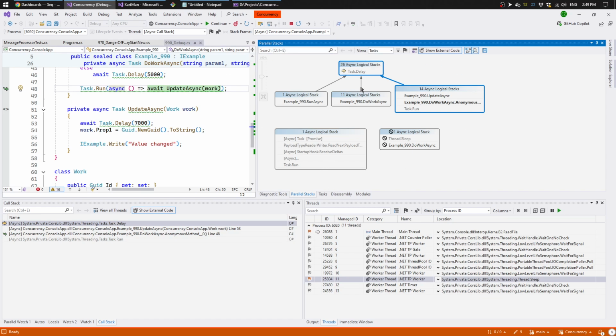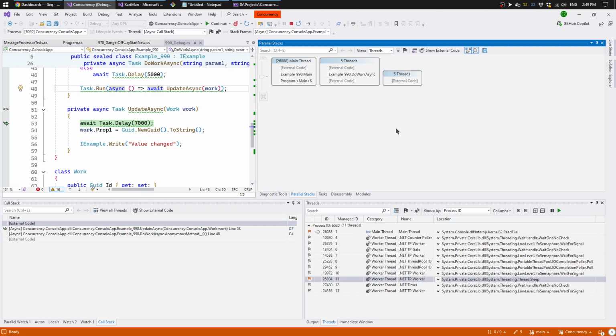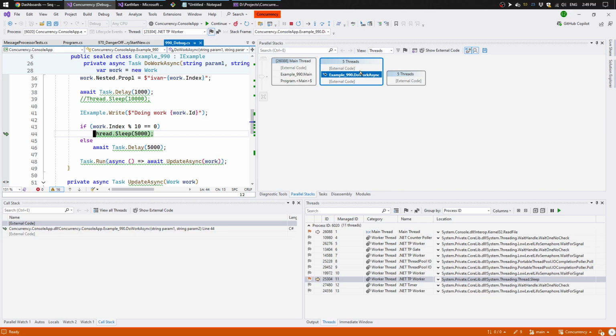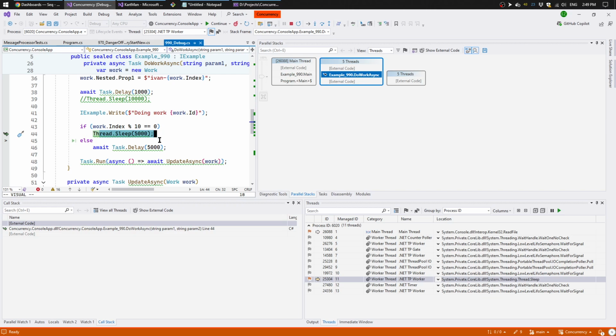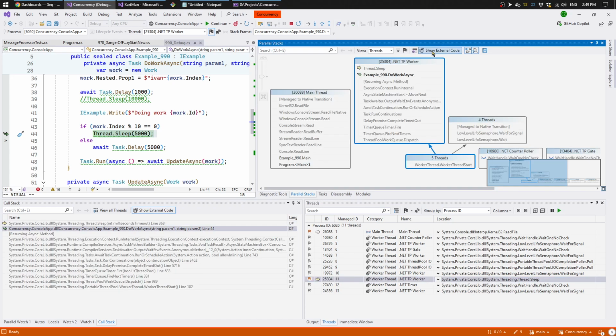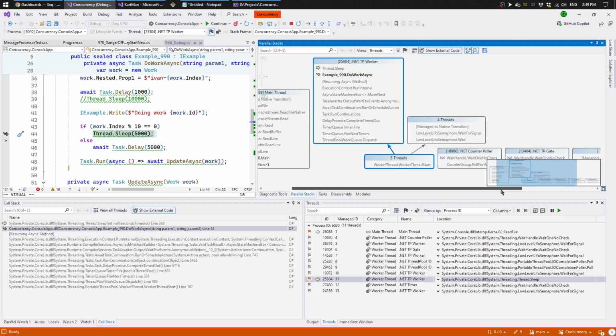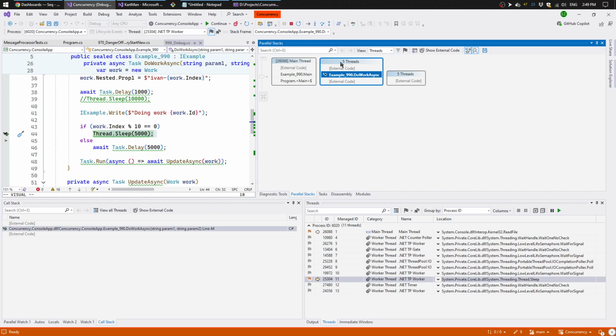Now, this is a task view. There is also a threads view. If we switch back to threads, and I remove external code because external code runs on different threads, we'll see that there are 5 threads currently that are calling this thread sleep method. Let me just show external code. Yeah, this is a bit of an incorrect picture. I don't know why parallel stacks shows it this way. Maybe it's even a bug on the Microsoft side, but